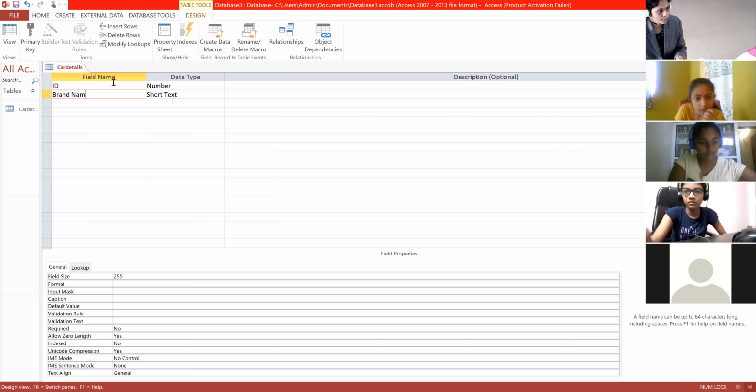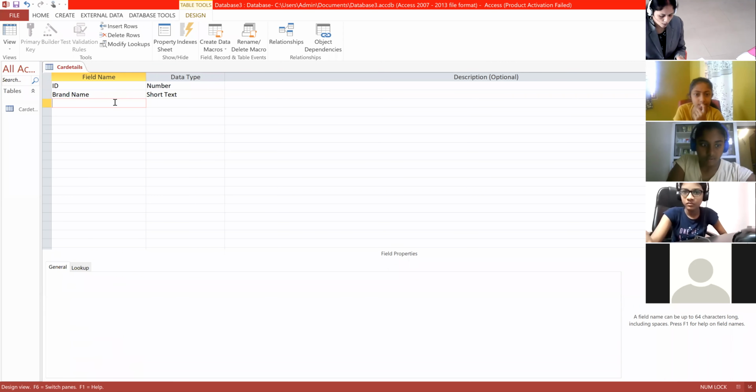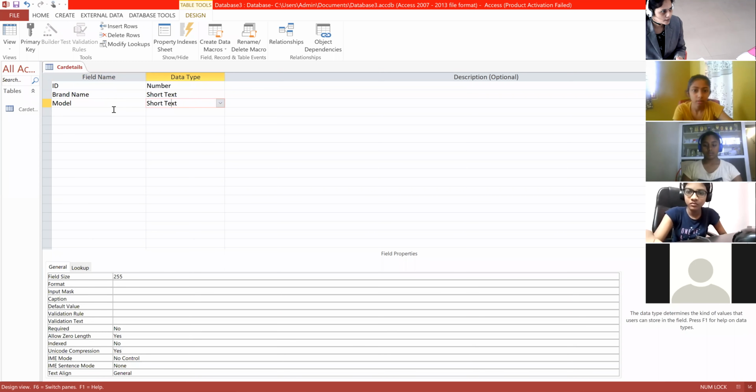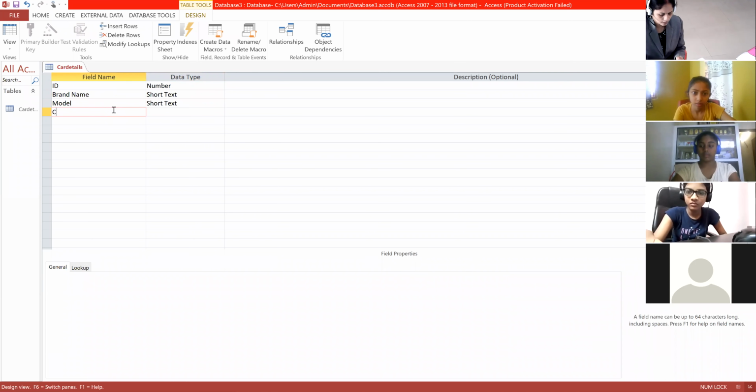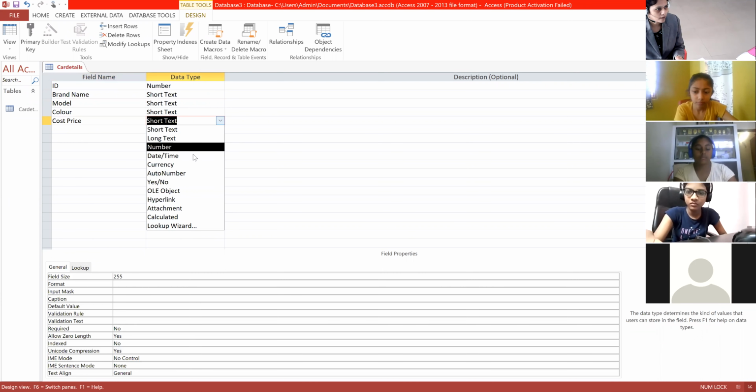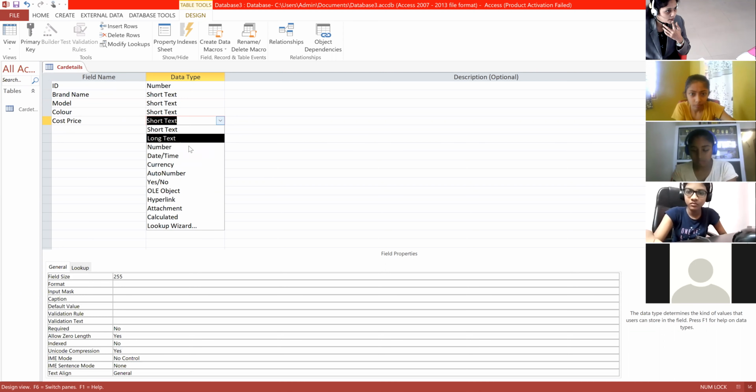Brand name, which is short text. Model is also short text. Color is also short text. Cost price, which is number or currency. They gave number, so we'll take number only.